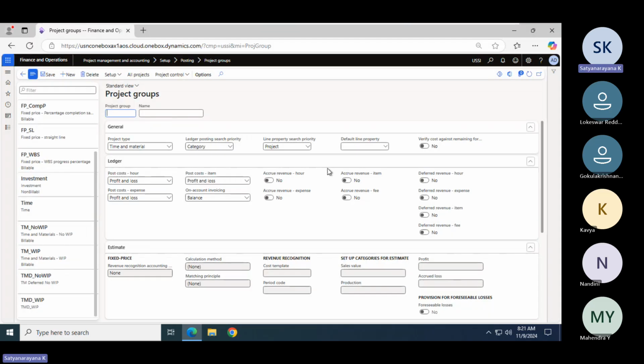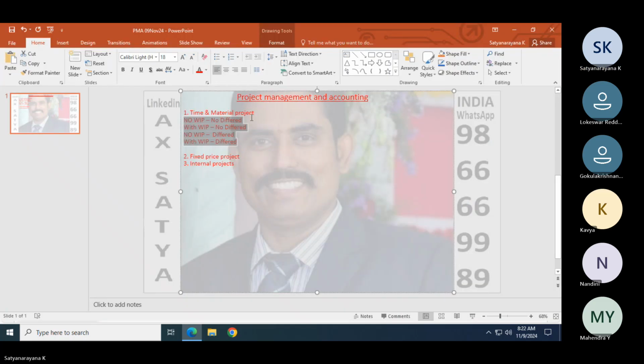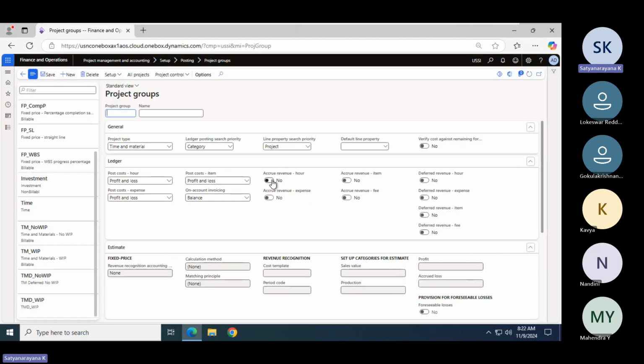That means this is one set, and this is another set. The first setup is all no: no WIP, no deferred. The second one is where these are enabled and these are not. The third one is where this is disabled, and these are enabled. That is another set.